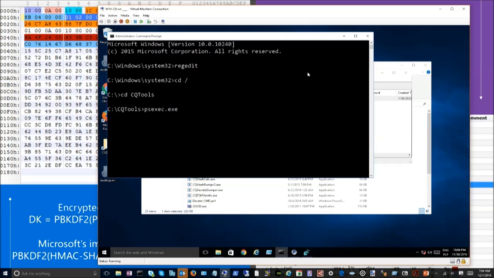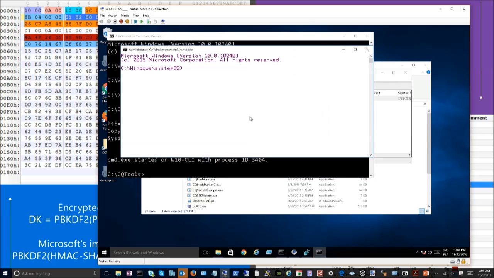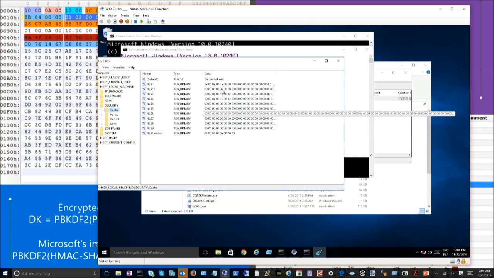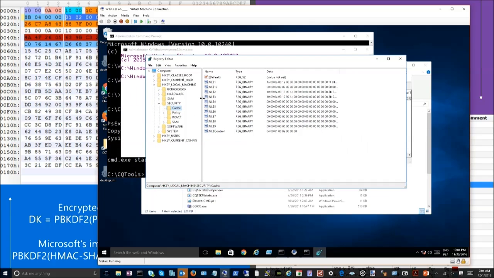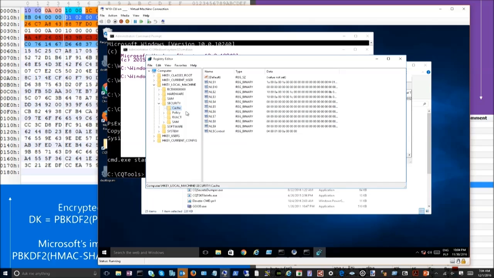We're gonna get into the tools, and that's the place where we've got psexec -s -i -d cmd.exe to elevate to the local system. That takes a little moment. Here we go. And that is where we are able to run the registry editor. So regedit. We could also use the switch to run them, the two of them, but okay, let's keep it clean. And from the local system perspective, you are able to get access to cached logon data